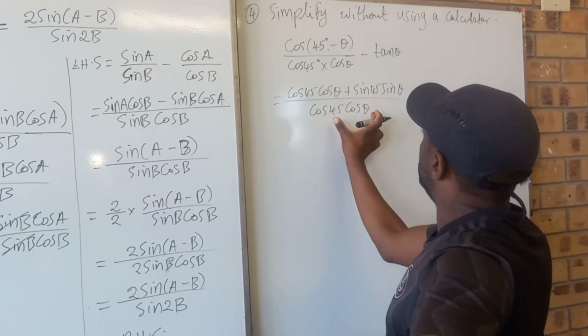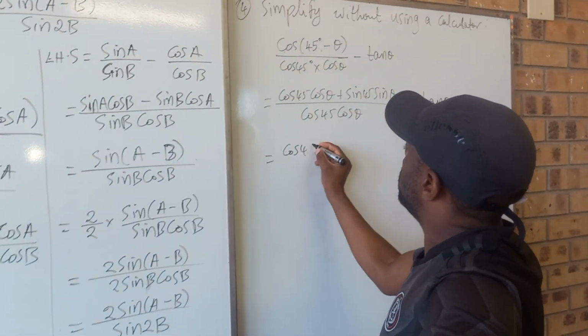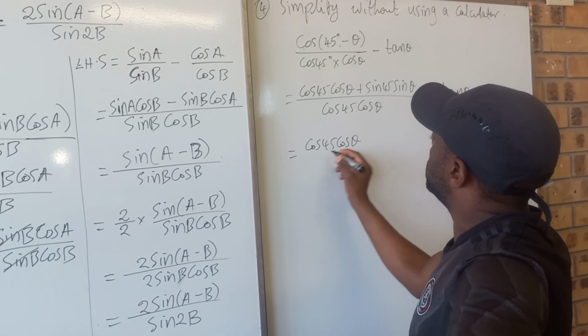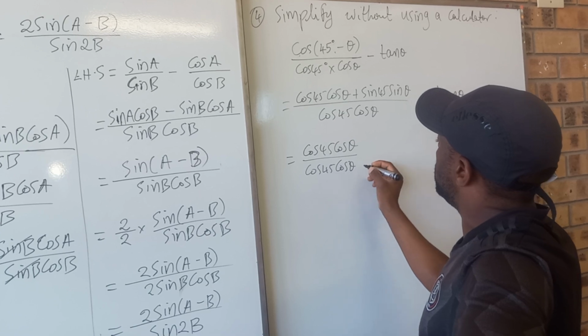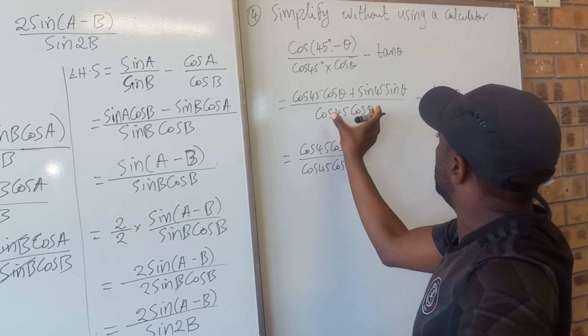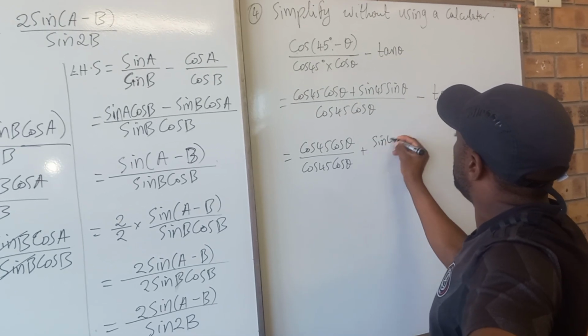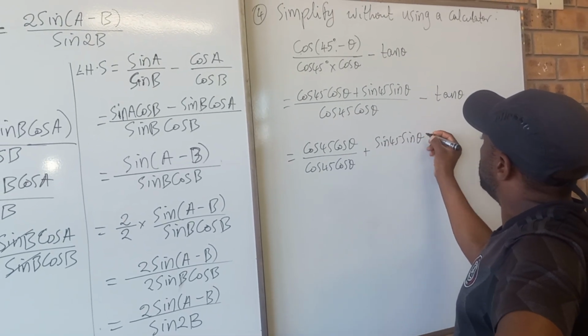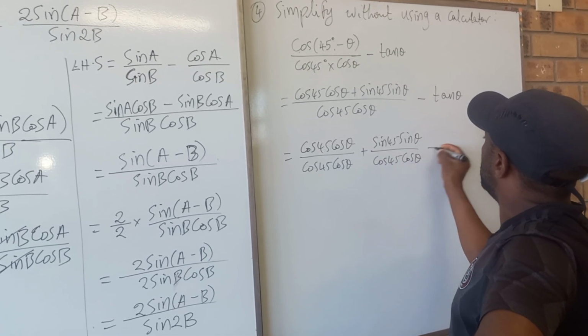Then I will see that this is the LCT for that. So I will get cos 45 cos theta divided by cos 45 cos theta. So this is the LCT or LCM. I'll give it here, I'll give it there, plus sine 45 sine theta divided by cos 45 cos theta,